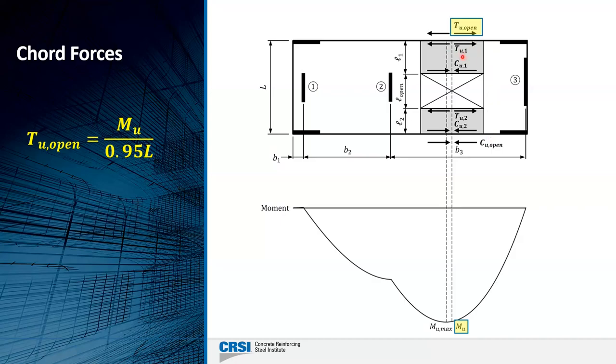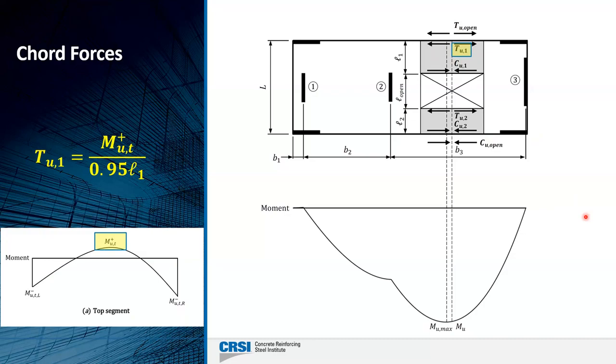In addition to that, we're going to have this T sub U1 from the subdiaphragm. This is a moment diagram assuming that the subdiaphragm is fixed at both ends. With it fixed at both ends, we can find from our analysis what that moment is at that location,